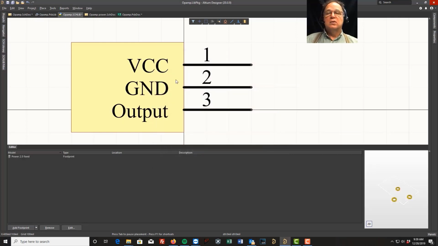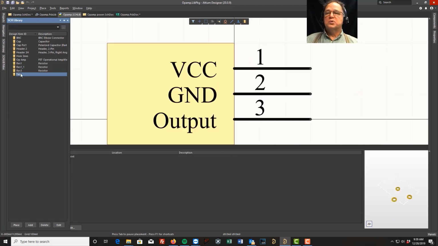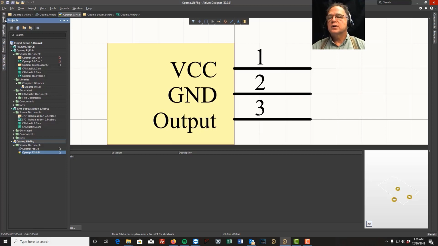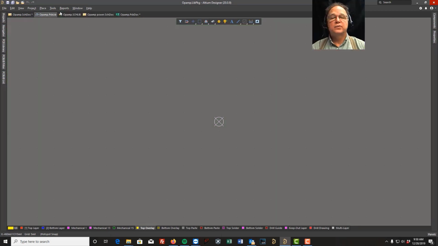Thank you. I can save it. This device is now saved. I now have this guy in my schematic library, and he has his associated footprint. Now we can also come up here with our projects, look at our PCB library, and I can also tell it tools, new blank footprint,